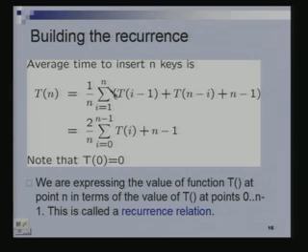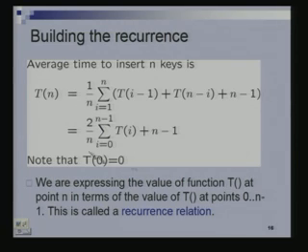Why does i go from 0 through n minus 1 now? Well, because you will never generate T of n, neither from here nor from here, and you will generate T of 0 when i equals 1, and when i equals n, you will again have T of 0. And what is T of 0? T of 0 is 0. In fact, T of 1 is also 0. T of 2 is not 0, but T of 1 is 0 because it is just a single element, right? We say it's at level 0, so we just don't count any time for inserting it.